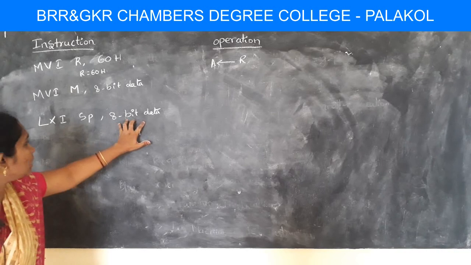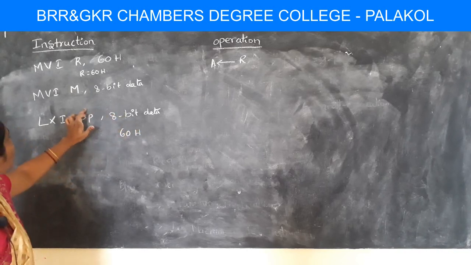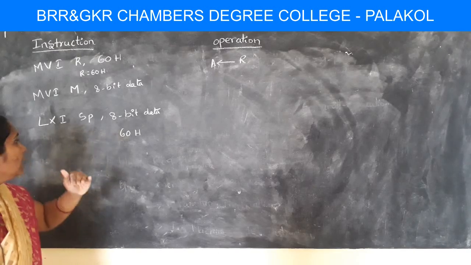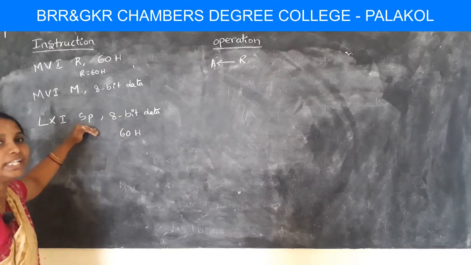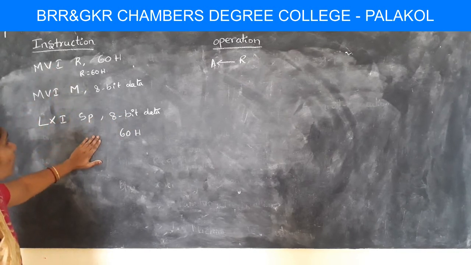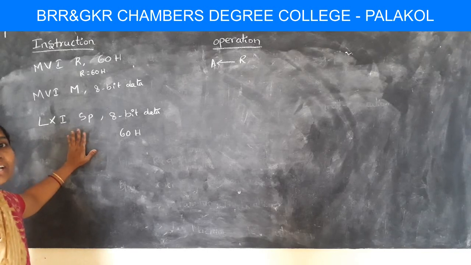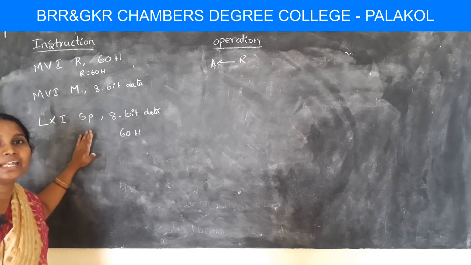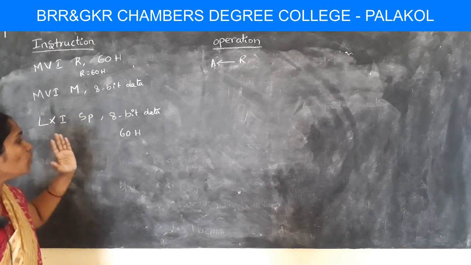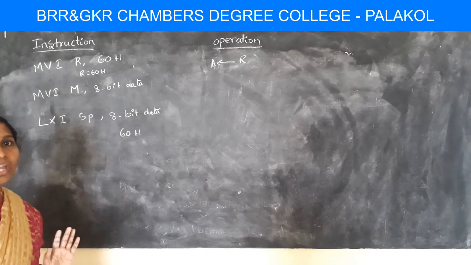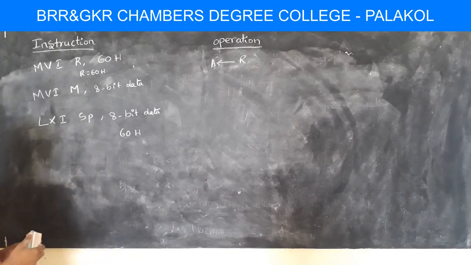So this 16-bit data is copied to the top of the stack, that means the data will be moved to the stack pointer. So now these are the data transfer instructions. In these data transfer instructions, we directly move the data from register to register, register to memory, and memory to register. And after that we will discuss the arithmetic operations.